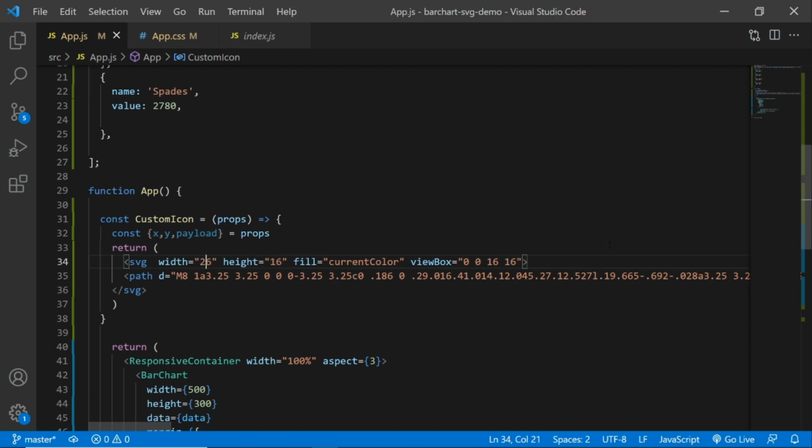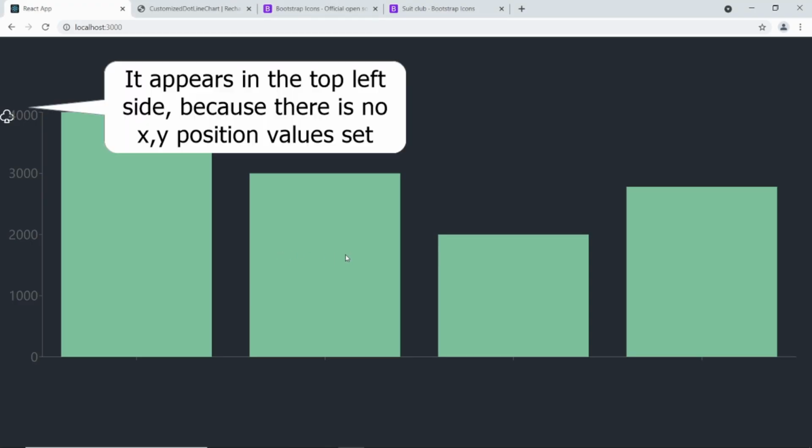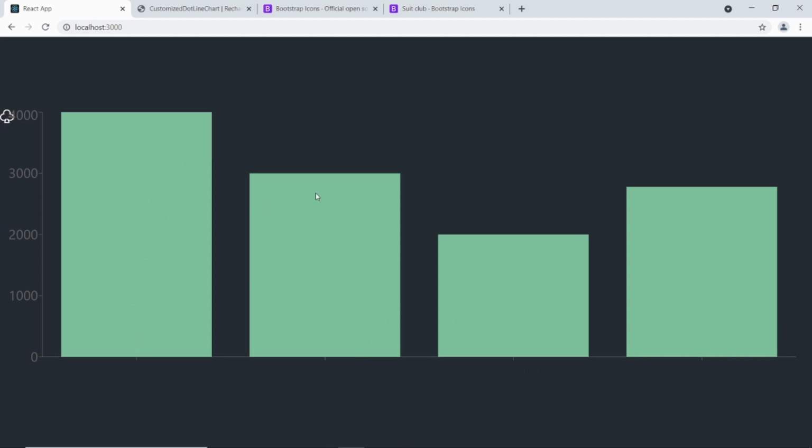So I'm gonna say 20, 26, and 26. Okay, I'm gonna save this, and I'm gonna go to the browser now. Okay, now we've got the icon. If you look at the right side, we've got the club icon there. Because we haven't given it the coordinates to place it properly,